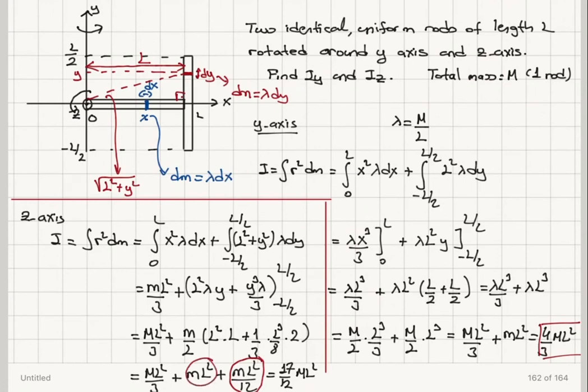And then this one, you can think of it as L being the distance between the center of mass of the rod and the rotation axis, that is L. So ml squared plus ml squared over 12. So this is actually showing you a very famous theorem. I'm not going to prove it to you. If you're interested, you can read it in the book. This is known as the parallel axis theorem,